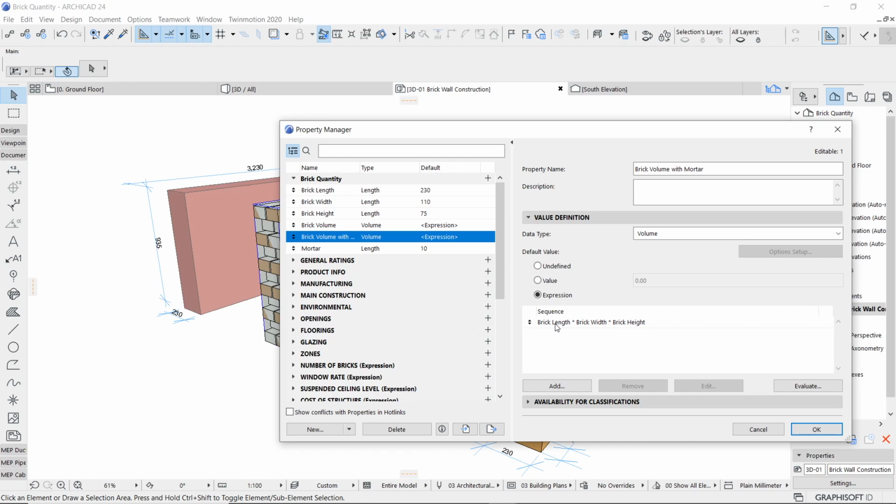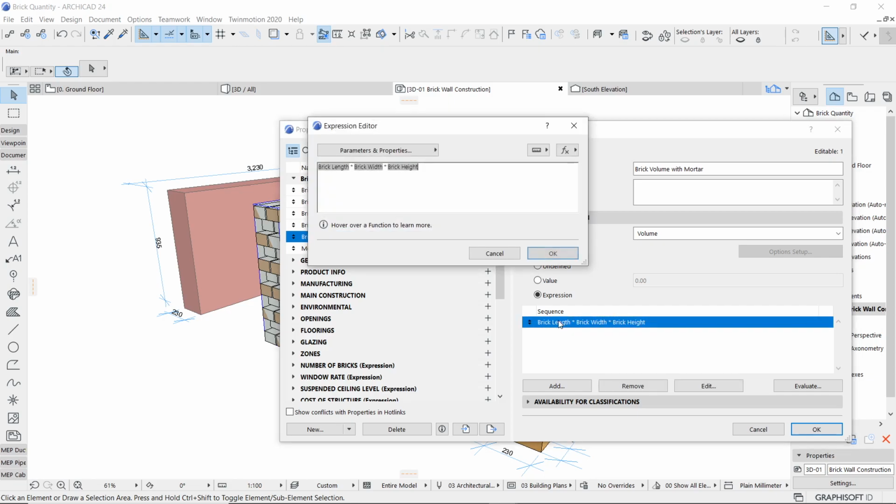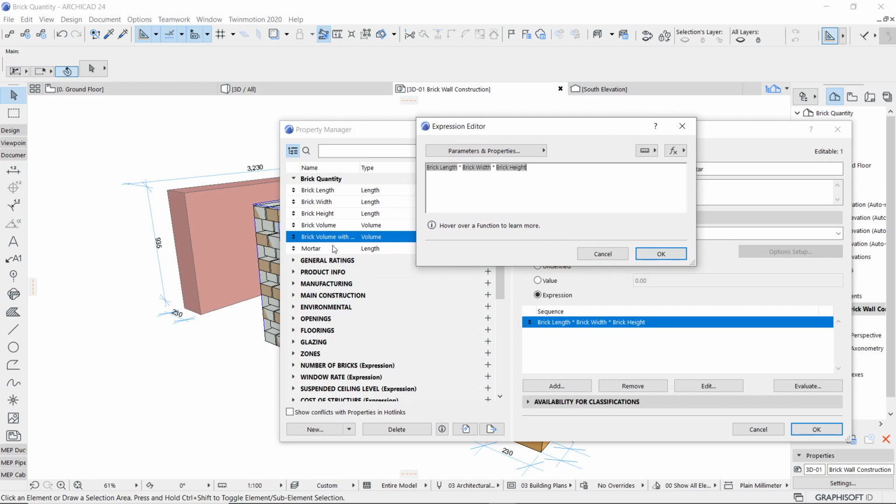That is, in brick length of 230, 10 mm will get added. Same way for the brick width and brick height. Okay, so just double click, and a very simple logic: this time you are going to focus on a combination of brick length plus the mortar, and mortar with the remaining two options also. So let's see.